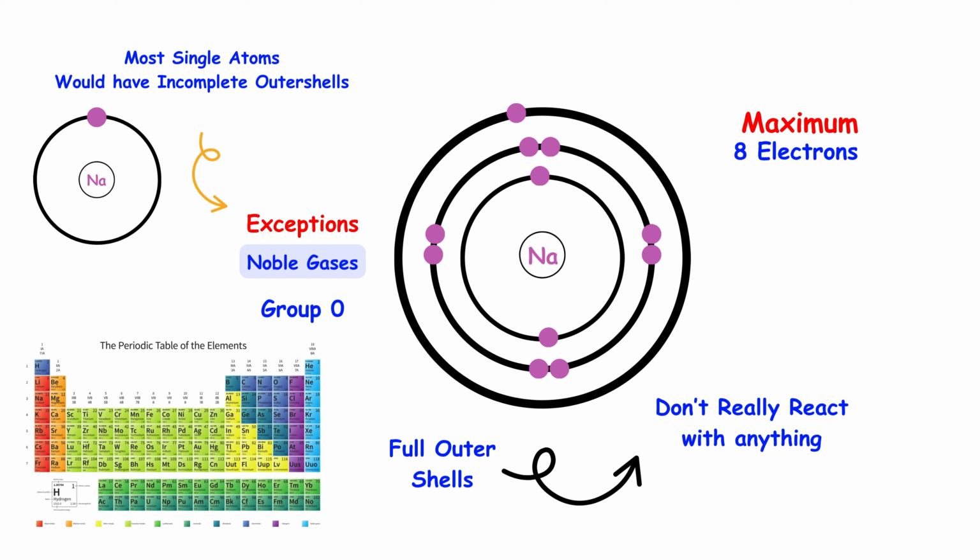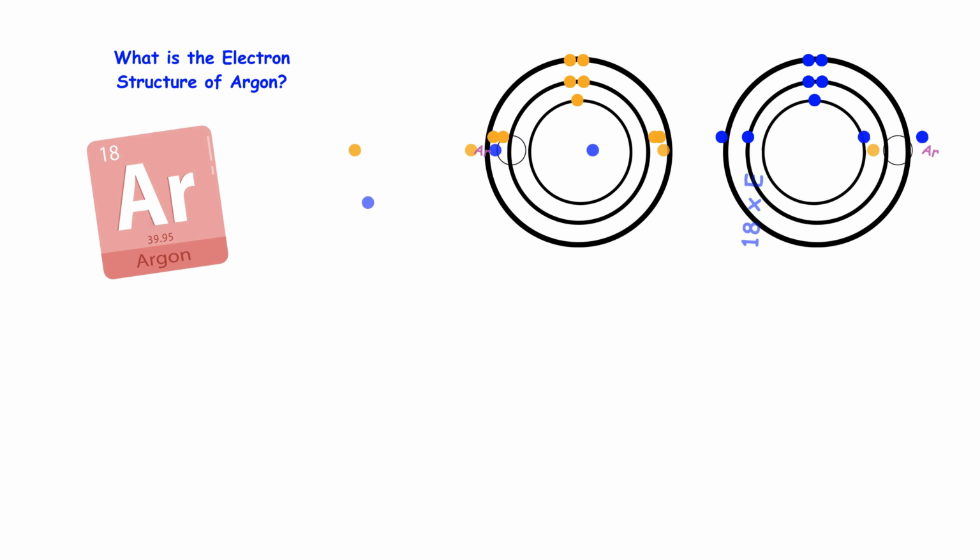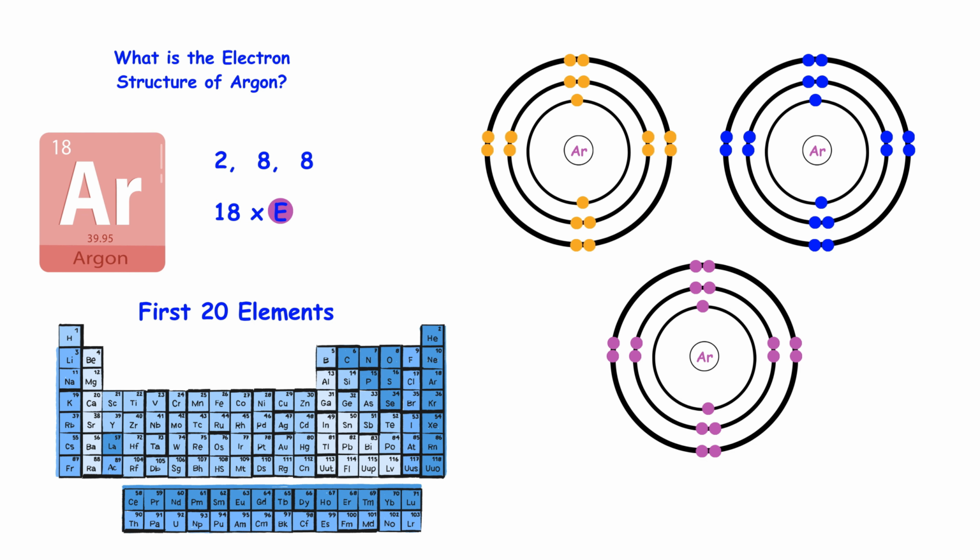Most atoms are in this same situation when they are not bonded to other atoms. They have incomplete outer shells and therefore react with other atoms to form molecules or compounds in an effort to become stable. However, there are some special atoms, known as the noble gases, which are located in group 0 of the periodic table. These elements, including neon, have completely full outer shells, and because of this, they are already stable. This stability means they do not need to gain or lose electrons, and therefore do not easily react with other substances. In exams, you may be asked to determine the electron arrangement of any of the first 20 elements on